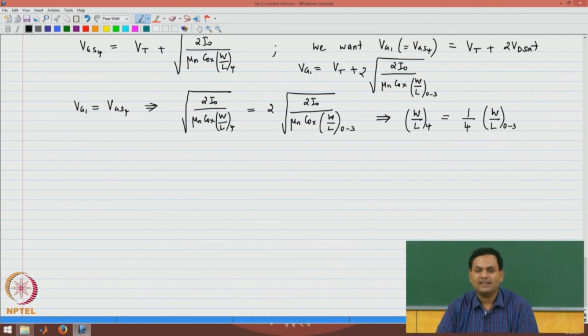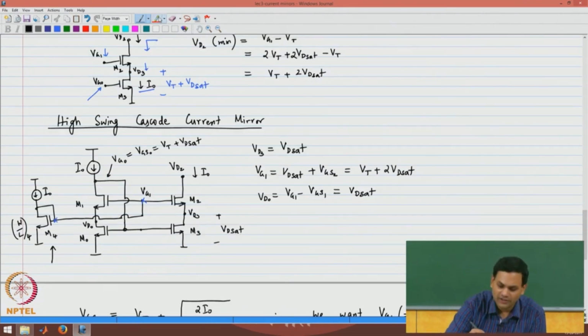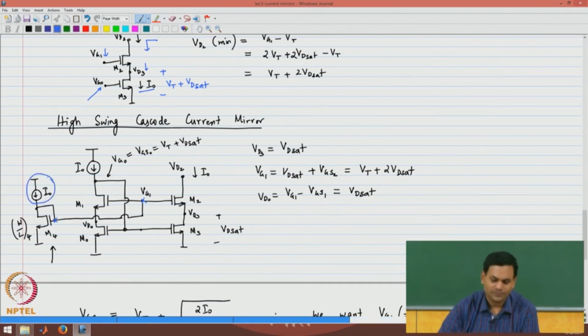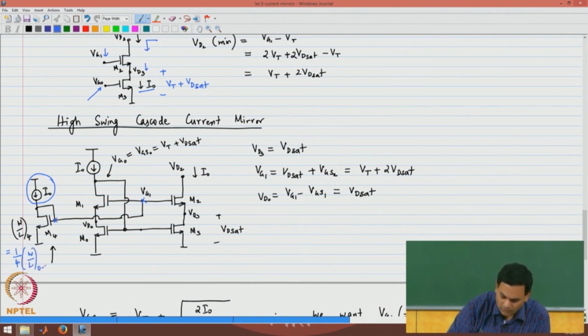Okay. So, now the design condition is clear. If you have a current I naught flowing through M4, the size of M4 should be 1/4 the size of the other 4 transistors. If you do that, the voltage generated at the gate of M4 will be exactly equal to Vt plus 2 Vd sat, and if this is done,